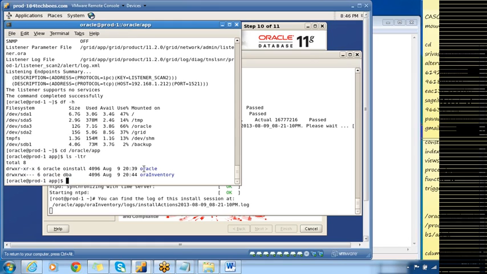I want to check how much size has been occupied by this oracle folder. Can you tell me what is the command to check the size occupied by this directory?